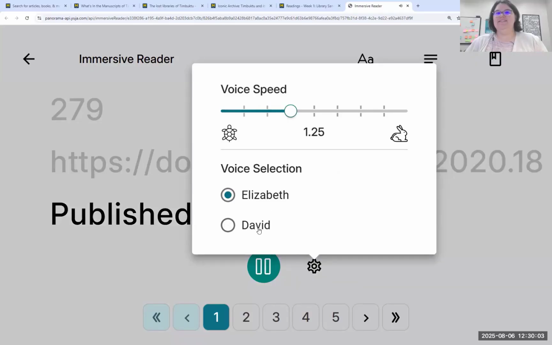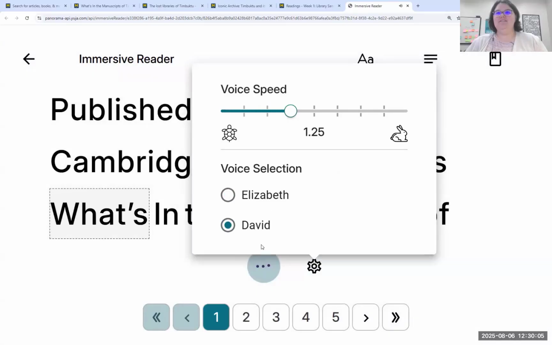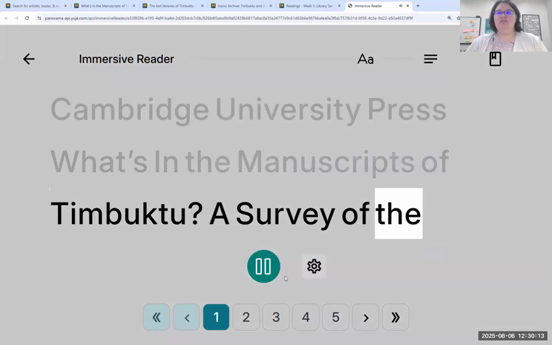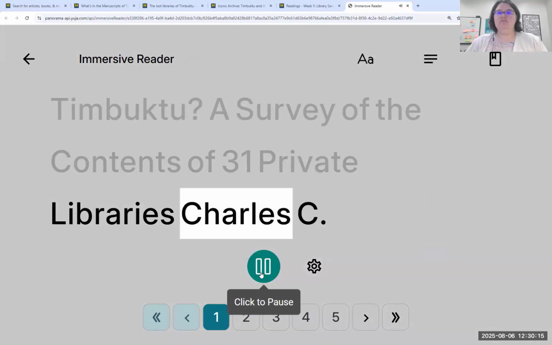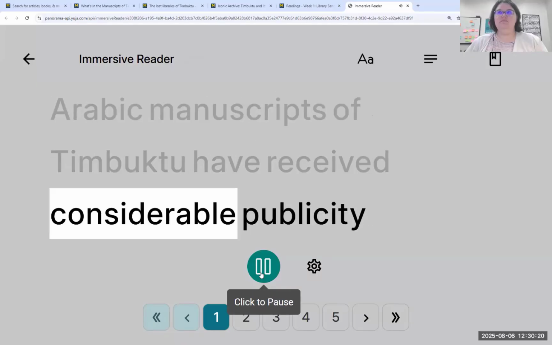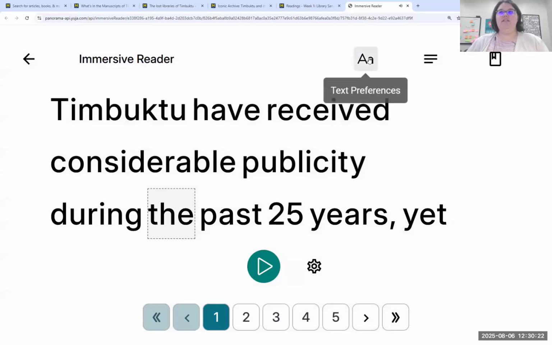https://doi.org/10.1017/hia.2020.18 published online by Cambridge University Press. Switch this up here to David's voice. What's in the Manuscripts of Timbuktu? A survey of the contents of 31 private libraries. Charles C. Stewart. Copyright abstract. The Arabic manuscripts of Timbuktu have received considerable publicity during the